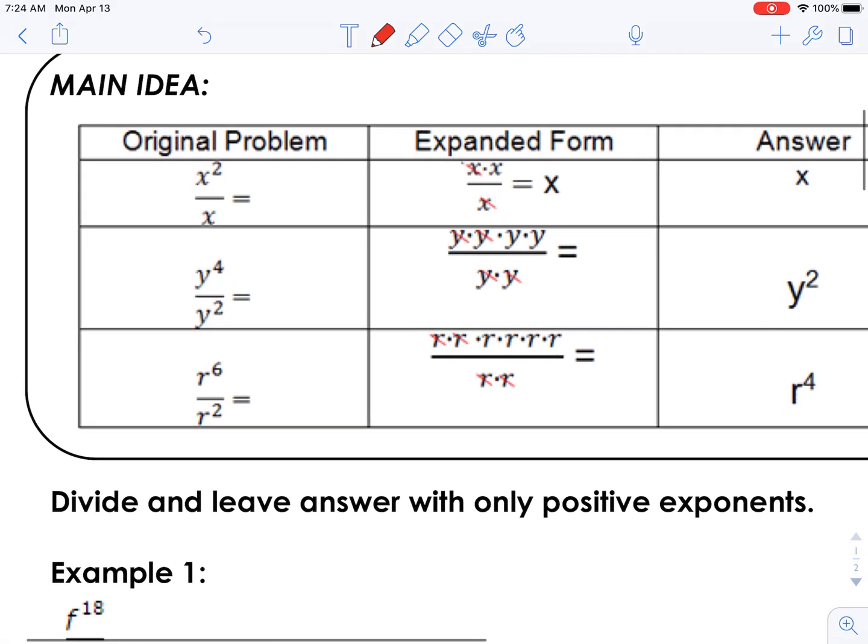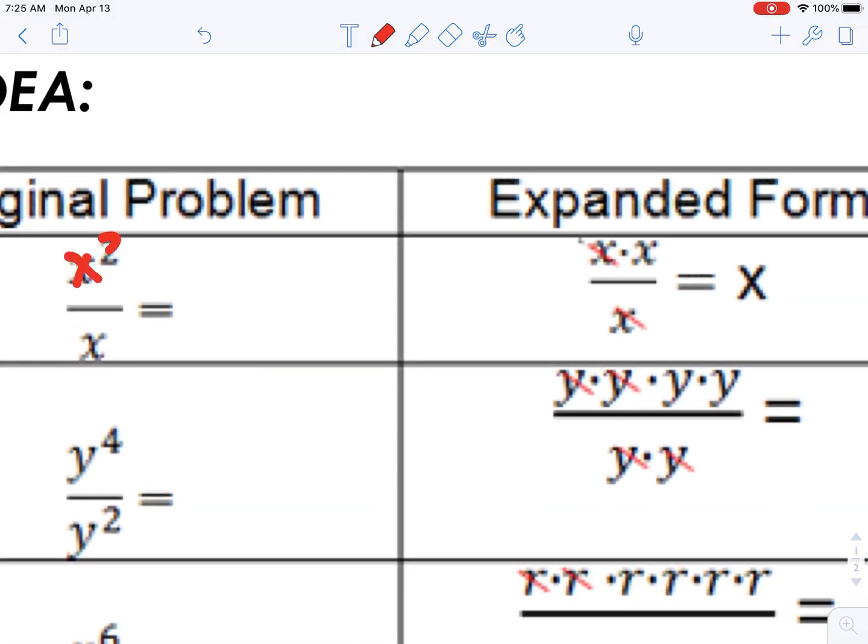Today we're going to be working with exponents again, but we are going to be doing division rules. I really think the expanded out form is helpful. Here we have x squared divided by x. That means we have two x's on top and one on the bottom. If we cross off anything, we are left with one x on the top. So we always look at your exponents, and you're going to take the bigger minus smaller. So 2 minus 1 is 1, and it's going to stay wherever the bigger exponent is, which is on the